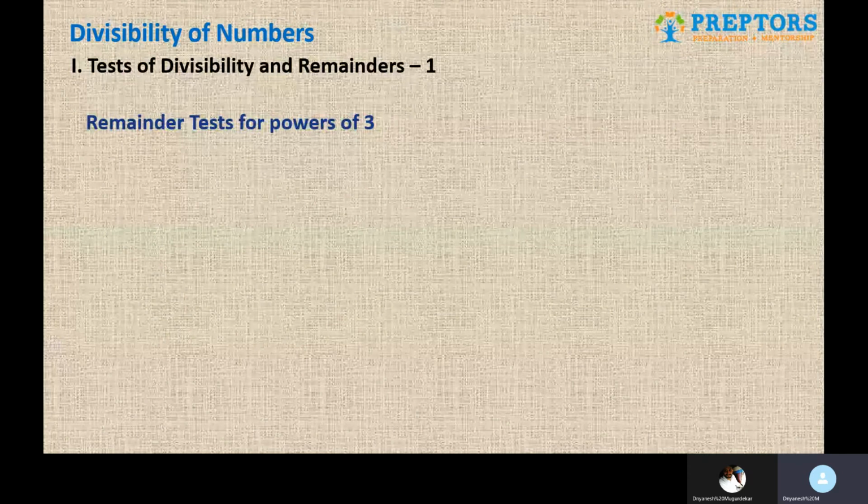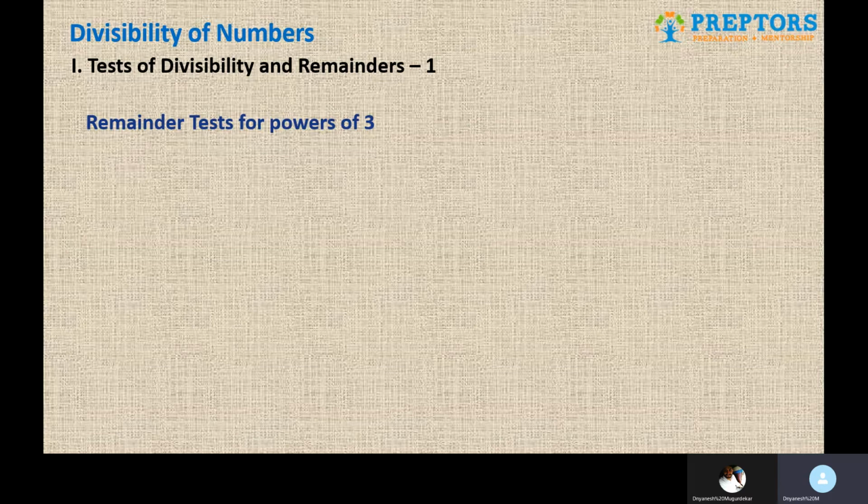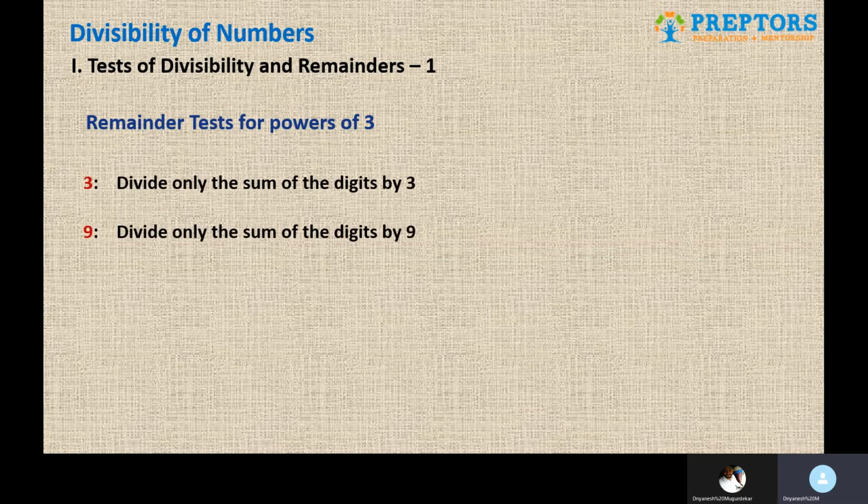Same is going to be the remainder test. For finding out the remainder when you divide a number by 3 and 9, you're not going to divide the entire number as always. We are going to divide the sum of the digits by 3 and 9 respectively. Whatever remainder you get in these cases will be the same remainder that you will get when you actually divide the number by 3 and 9. And as usual, the fact remains the same, that for most of the numbers, whatever is the divisibility test is probably the remainder test as well.